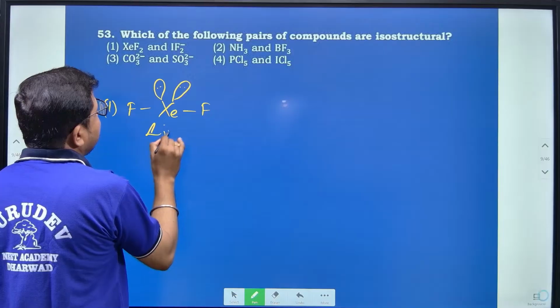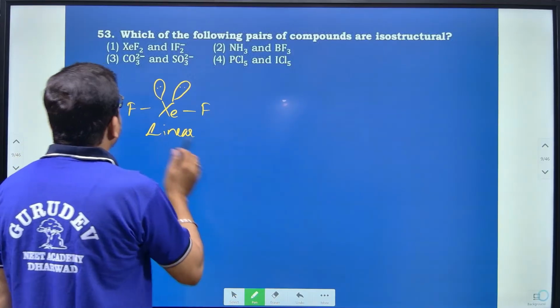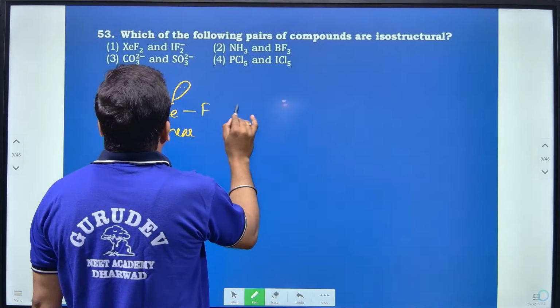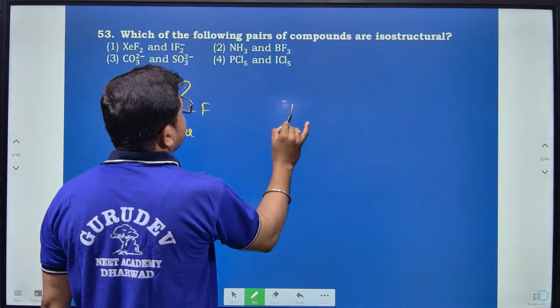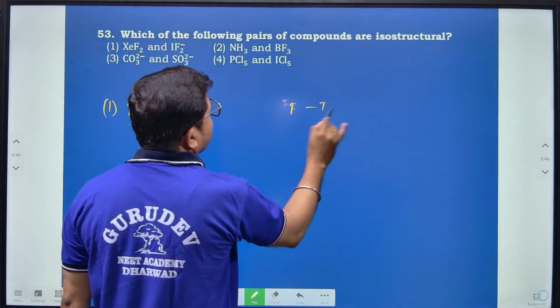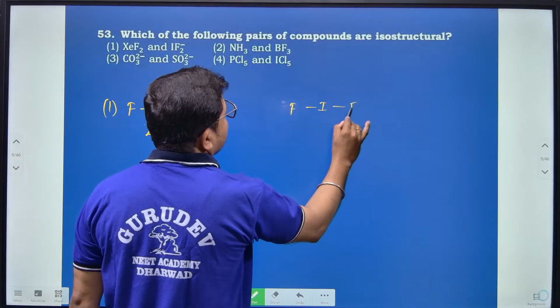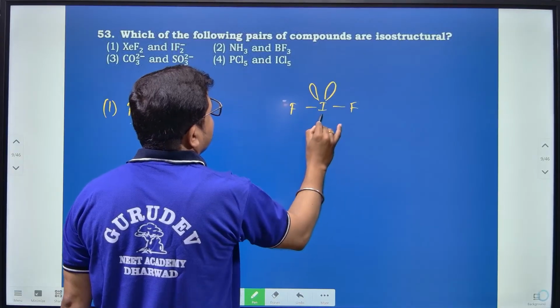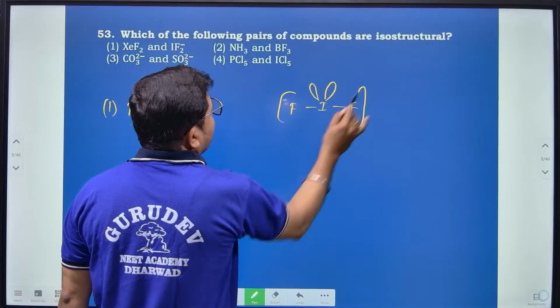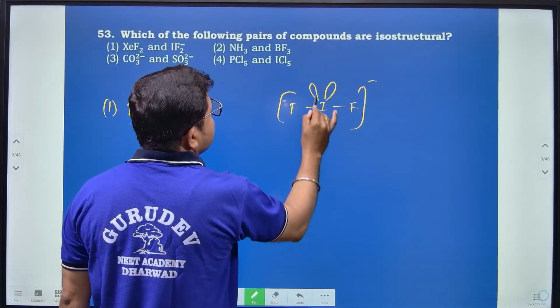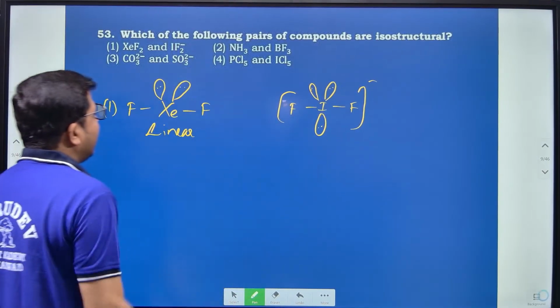This is linear, and next, along with IF2 minus, this is the structure of IF2 minus, and both are having